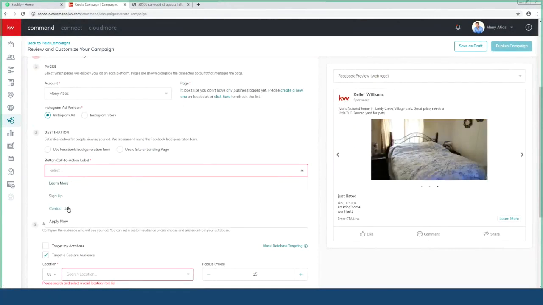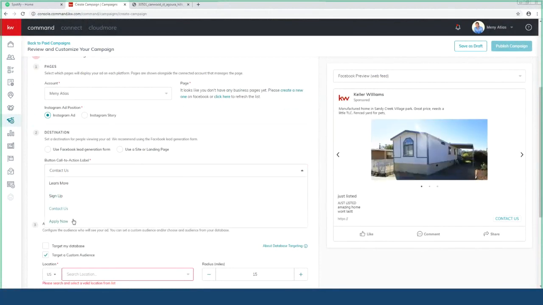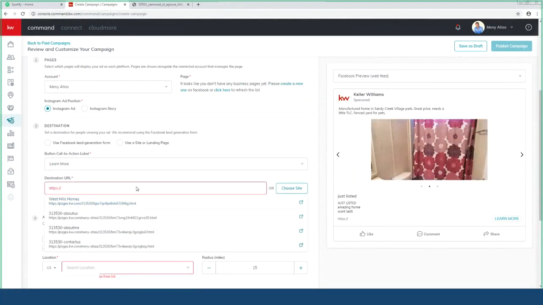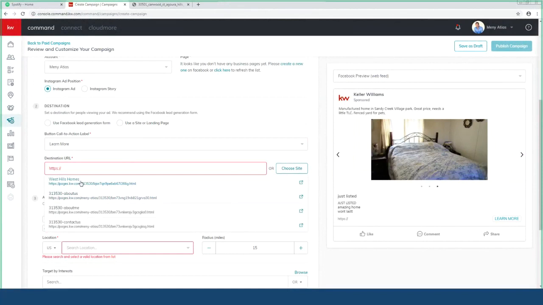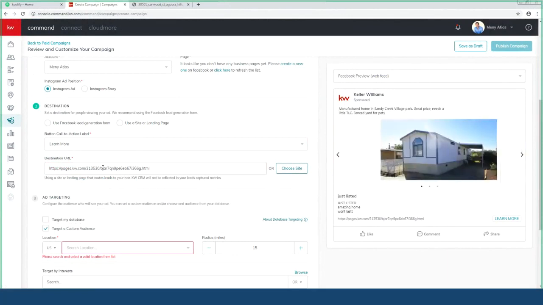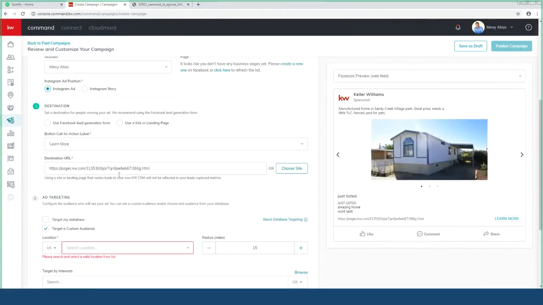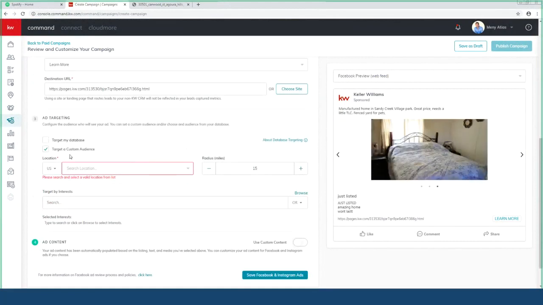So I want to choose contact us or learn more, and you can direct to your own website if you want to, right? Or you can choose a site from here in Command, like a landing page that takes you to the specific neighborhood, based on what you're building ahead of time. Targeting: over here I can target my own database, which is within Command,